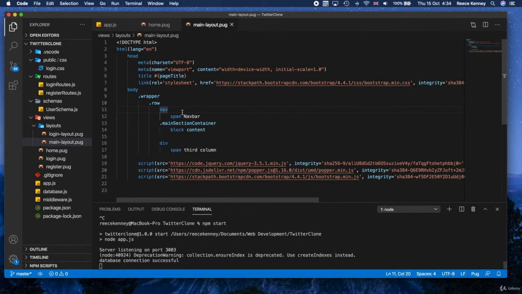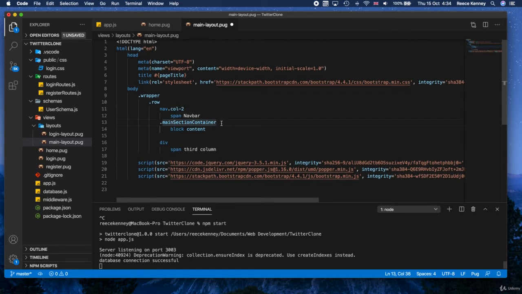So what we're going to do is use some of those classes. So for the nav, we're going to say dot col-2. So col-2 is the Bootstrap class we're using here. So we've given this nav 2 of the width, 2 of the 12 available. Okay, the main section is going to be the biggest one. So what we're going to do here is say